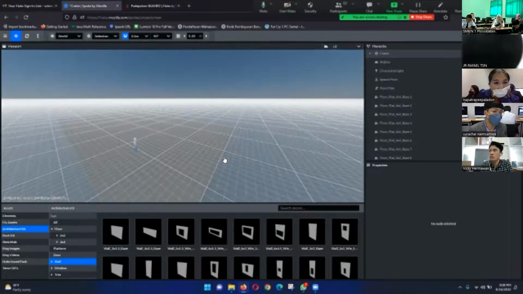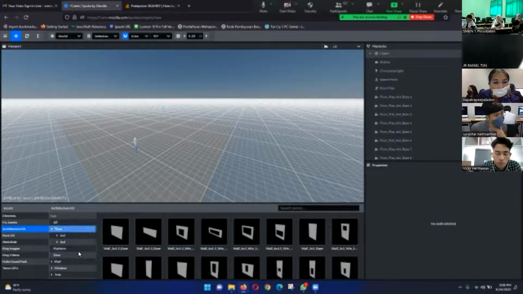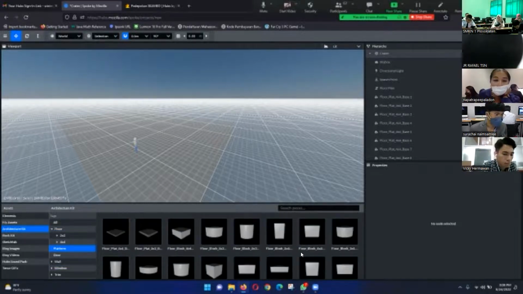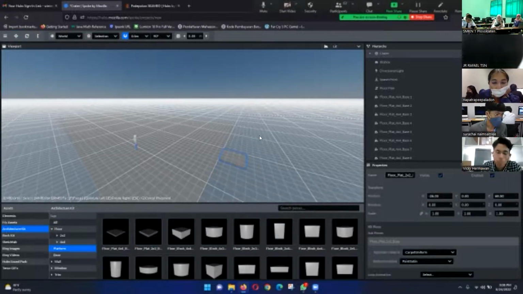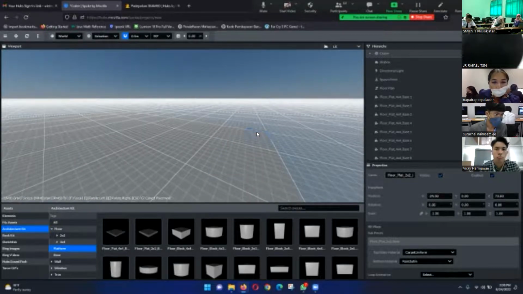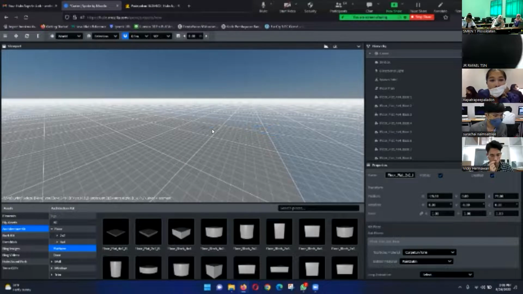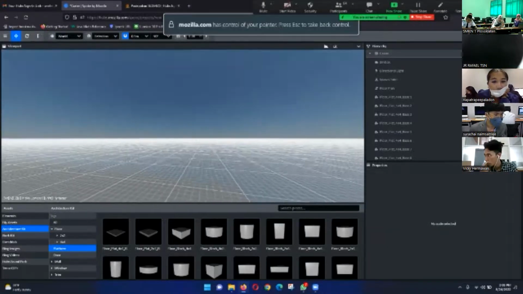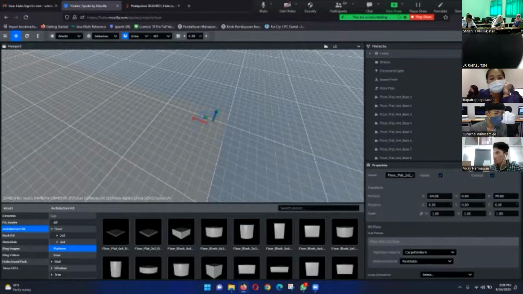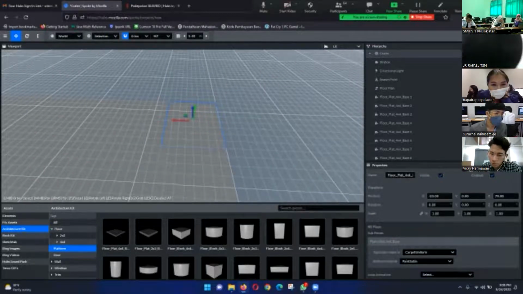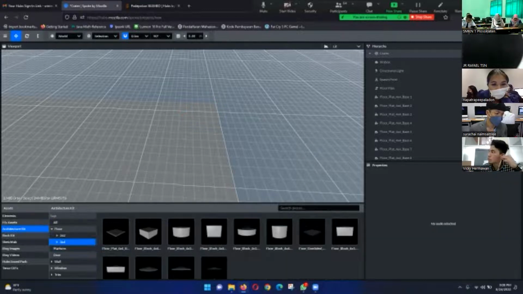He used the floor, honestly. So the floor like this, he made it flipped. Wait. All right, so let's take this floor. Oh, floor 4 times 4. Right. And if we rotate it,